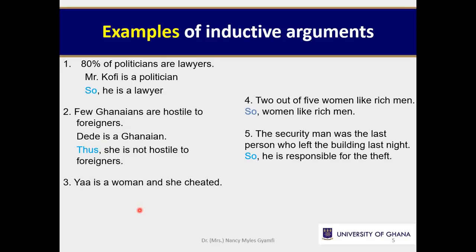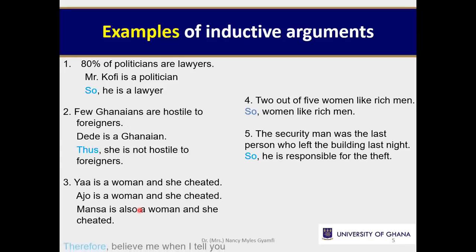Then question 3: a woman and she cheated. Ajo is a woman and she cheated. Mansa is also a woman and she cheated. You see, there comes the conclusion. Therefore, believe me when I tell you that women are cheats. Now you see that this is also